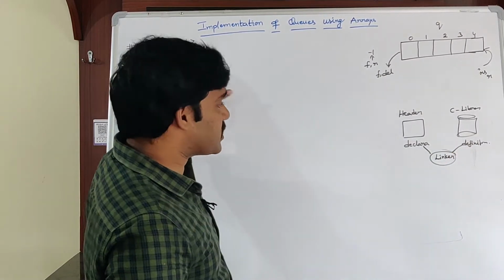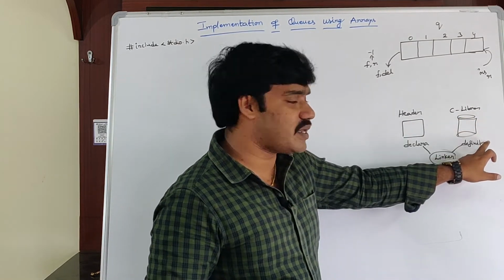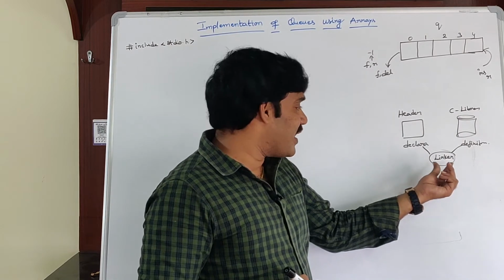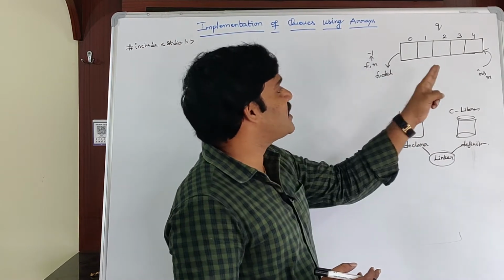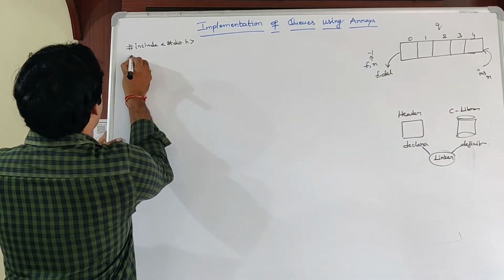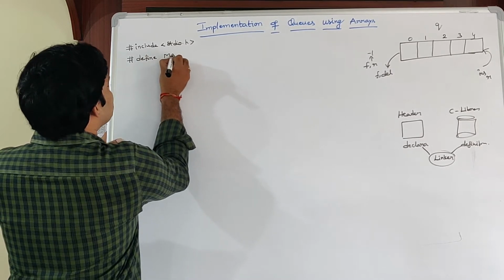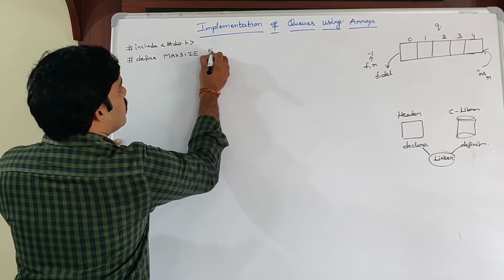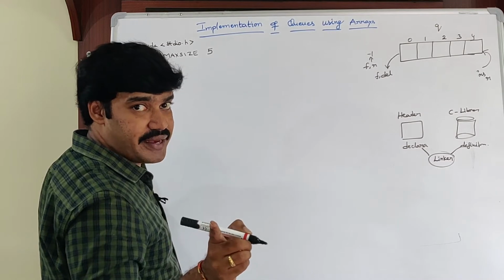So stdio.h contains printf and scanf function declarations. C library contains printf and scanf function definitions. At the time of linking, linker maps these declarations with the definitions. Next, what is the size of a queue data structure? 5. I am defining a symbolic constant with the help of #define. In general, symbolic constant is in capital letters. So MAX_SIZE value is 5. Don't put semicolon at the end of #define.